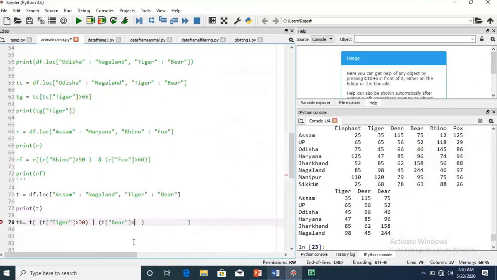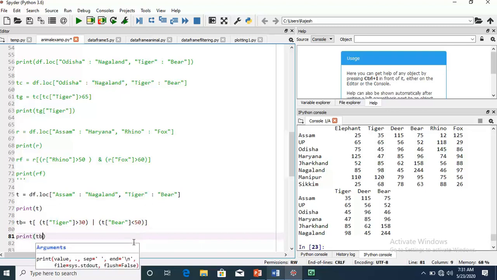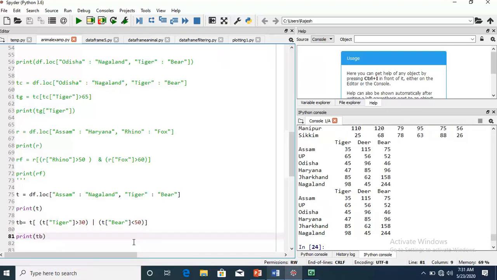Okay, so that it looks good. And now if I use print tb, what you will see?